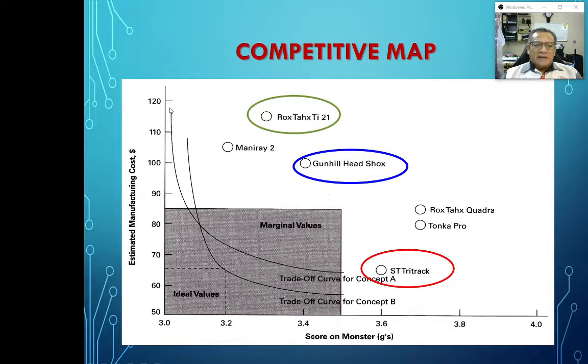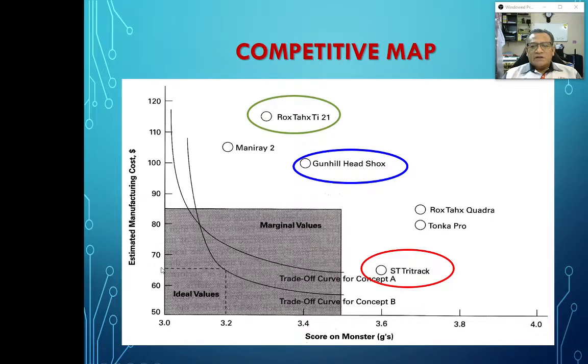And there is perhaps another optional concept for your fork, concept A. And from there, you also plot all the competitive benchmarking products that are available in the market, like six of them, 1, 2, 3, 4, 5, 6. So you plot their score G with respect to the cost. So it is achieving 3.6 Monster G scale at the value of perhaps around